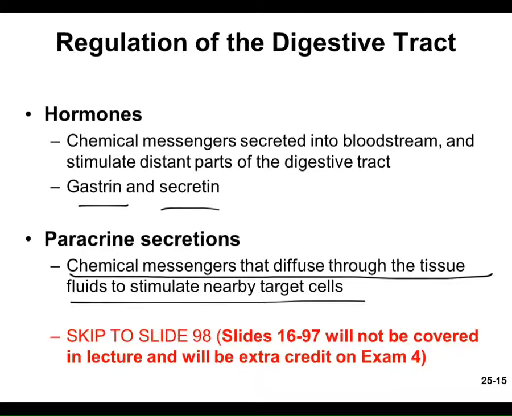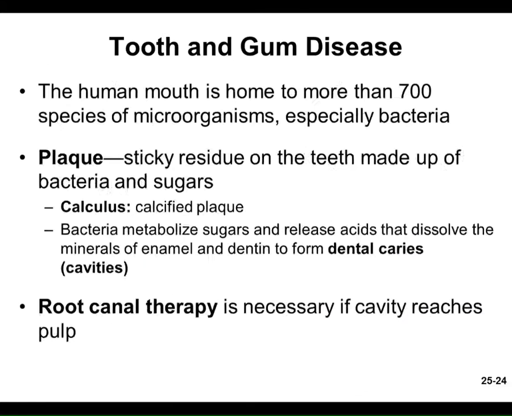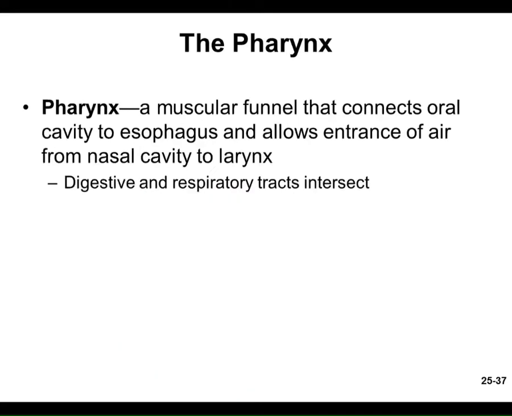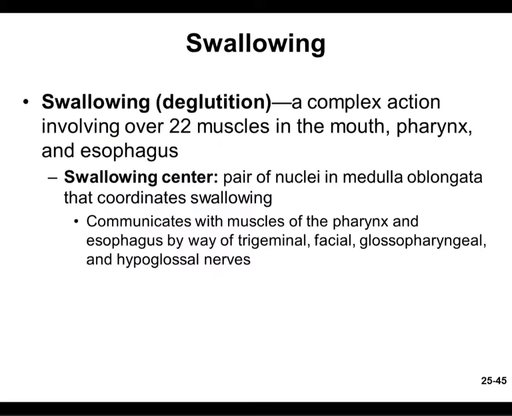Now, my notes tell me to skip all the way over to slide 98. So I'm skipping over the teeth and the salivary glands. Again, that's some of that bonus material. What I would recommend is that you just read through it once, and if you have more time, great, but at least walk through these slides once. So I'm going to skip all the way down, past the teeth, past the saliva and the salivary glands, although I think they're quite interesting, and past the entire swallowing reflex,